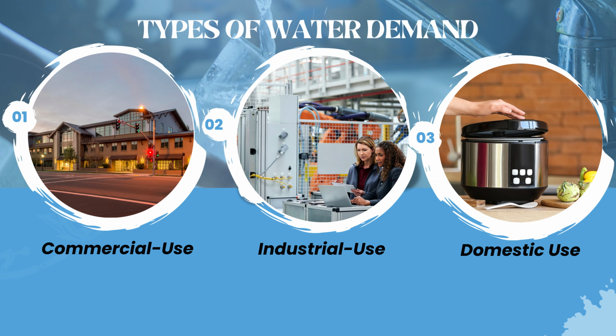Water is used for so many things. Let's explore the main types of water demand. Firstly, domestic use. Here I mean water usage at our houses. In some cases, we can call it household demand. Secondly, we can have industrial water use. I think we can easily imagine that industries also are thirsty and need water for various things. Besides, water can be used for commercial purposes as well.